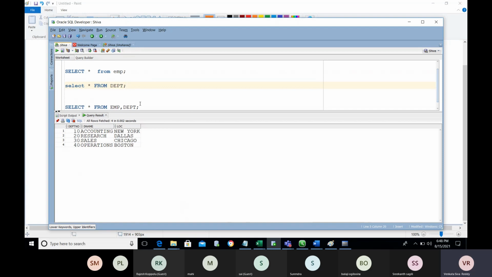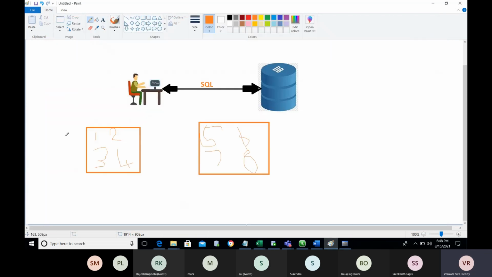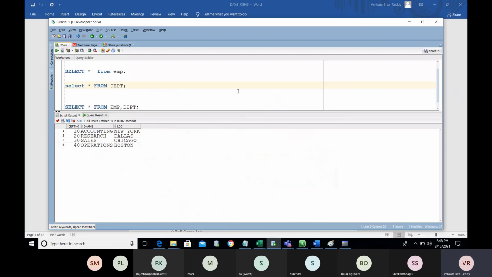If you haven't mentioned the join condition, it will go into the Cartesian join or cross product. Why are we calling it a cross product? It works like a matrix multiplication. Cross in the sense of multiplication, our cross mark, right? For that reason, it is called a matrix multiplication.